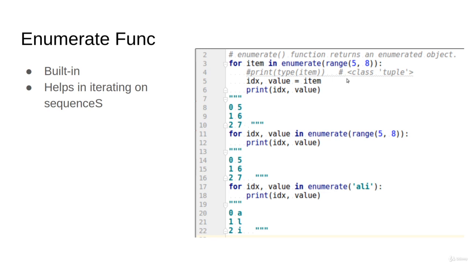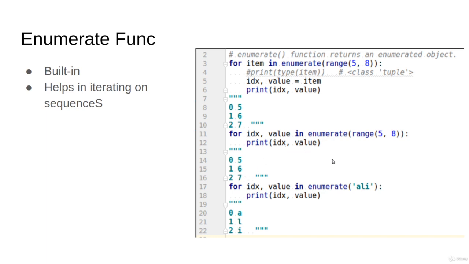So remember, before enumerate, if you just said for item in range 5 to 8, you would print 5, 6, and 7. But now with enumerate, the returned item is actually a tuple. The first is an index and the second is the value, and we are just unpacking it here. And given that it's just a tuple, we can even unpack it directly in this nice syntax. You say for index, value in enumerate range 5 and 8, then print index and value directly, which will